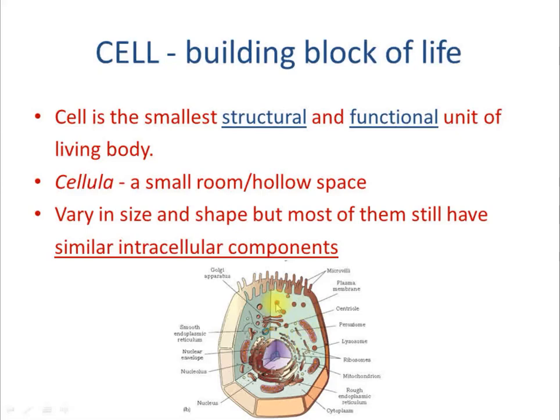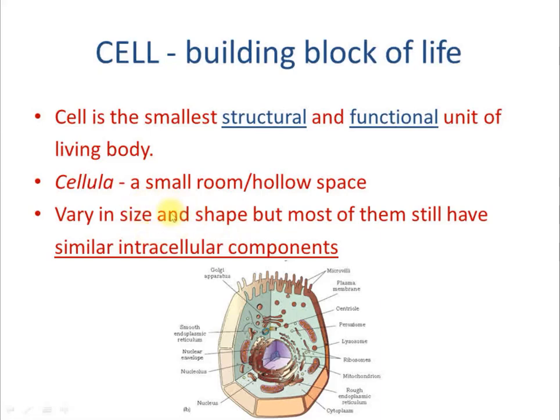Cytoplasm is made up of two things: cytosol, which is a fluid having lots of water and dissolved minerals, and some intracellular organelles. The word organelle means little organ-like structure, because they behave like a little organ, that's why they are referred to as organelles. Some of these you must be knowing, like mitochondria, Golgi apparatus, lysosomes, endoplasmic reticulum, ribosomes, right? These are some of the common intracellular components.